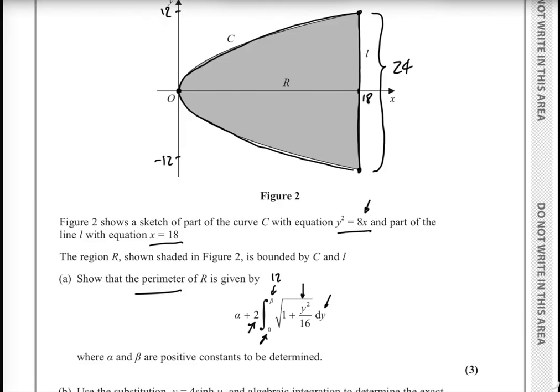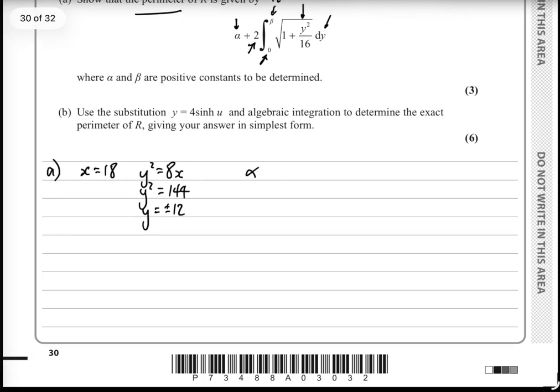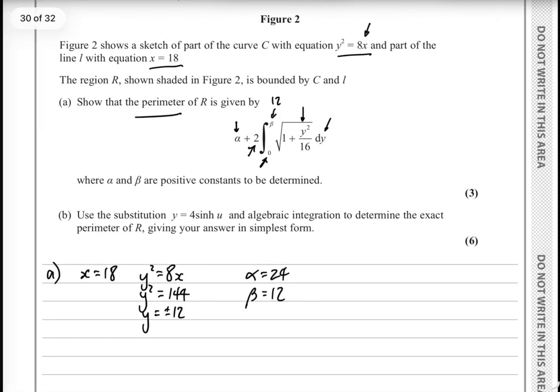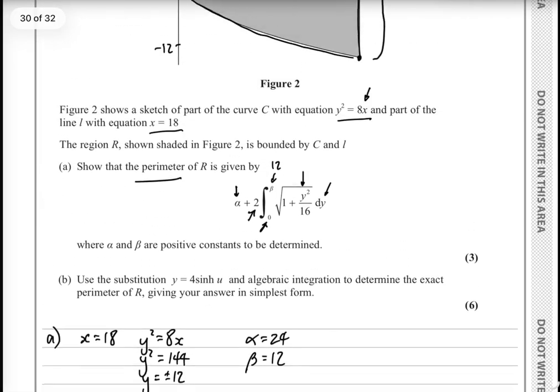So actually we've already finished, because alpha is this one here, the 24. No, let me correct myself, we haven't shown it. We have determined alpha and beta though. So alpha is equal to 24 and beta is equal to 12, but we still need to show that this is true. The perimeter is 24 plus 2 of the integral from 0 to 12 of